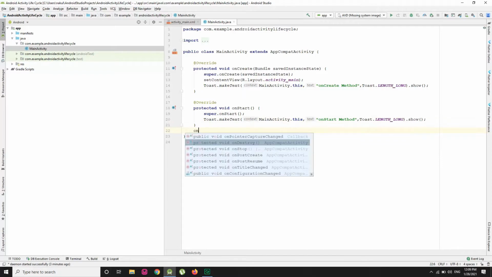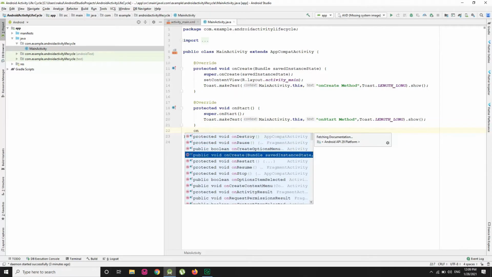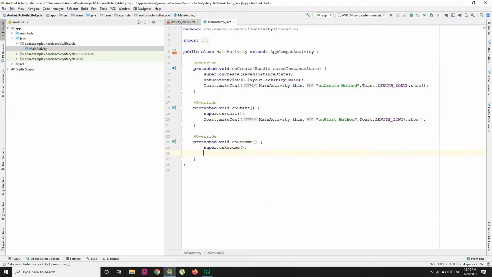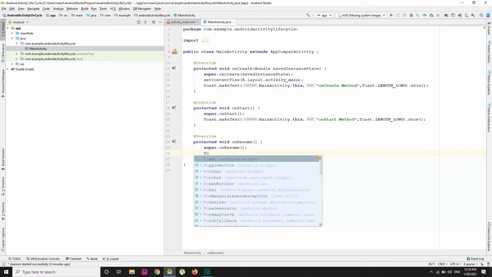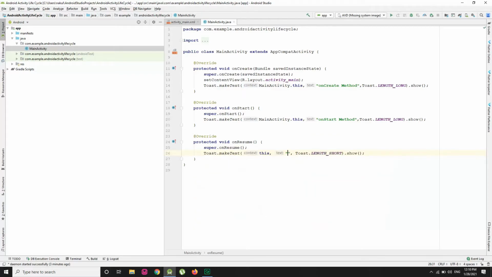Same as we have the onResume method. In this onResume method, we have Toast.makeText and MainActivity.this, comma, we have the message that is onResume method.